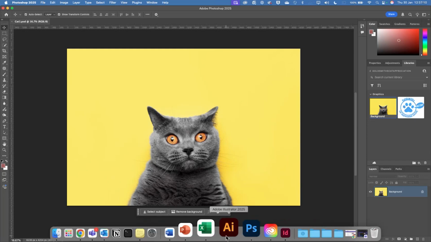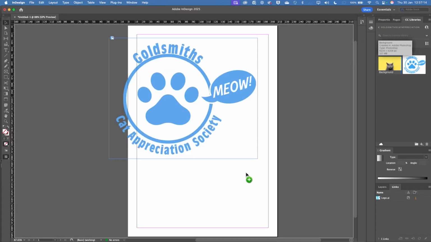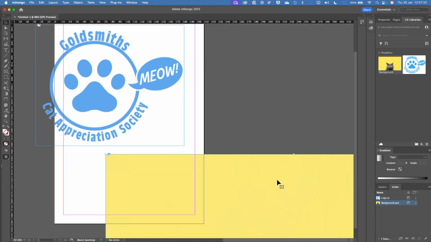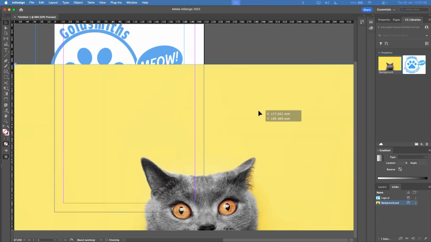And then I can place that in my InDesign document. You can see it's already there for me to pop in. I'll just zoom over to it just so we can see the cat.